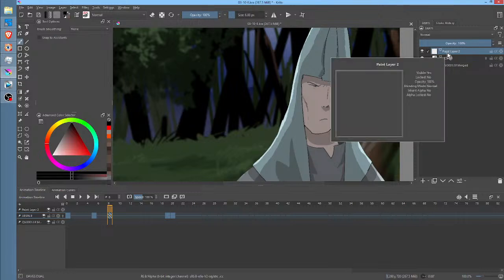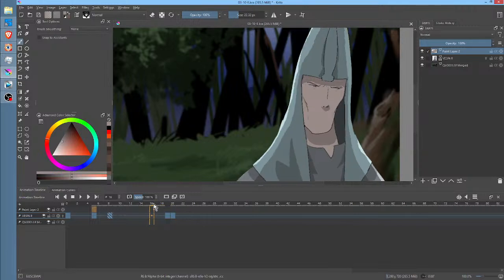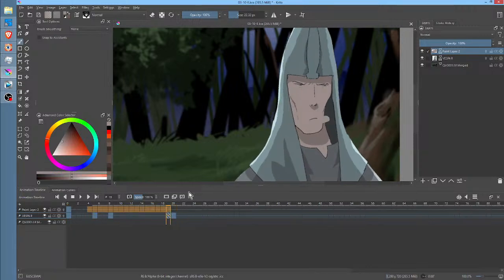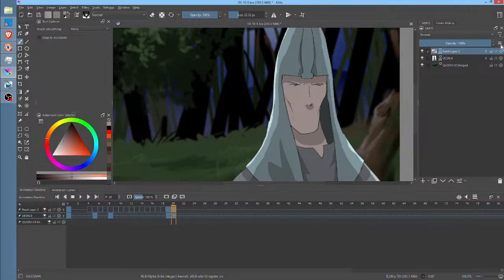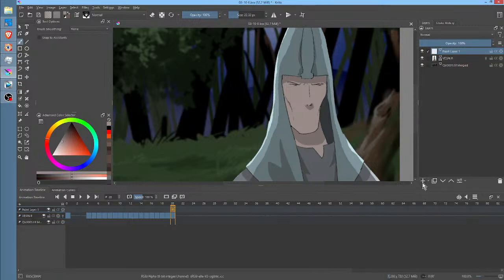Okay, so paint layer. First thing we're going to do is erase his mouth in general. So I'm going to grab this, go back to Conan brush, and paint this out. And then let's just make sure. Okay, so here, this needs to be a keyframe, so Control Insert. And then we get here, we'll hit Insert, erase his mouth, Insert, erase his mouth. Okay, and then all we're going to do is just merge this down. Boop, done.